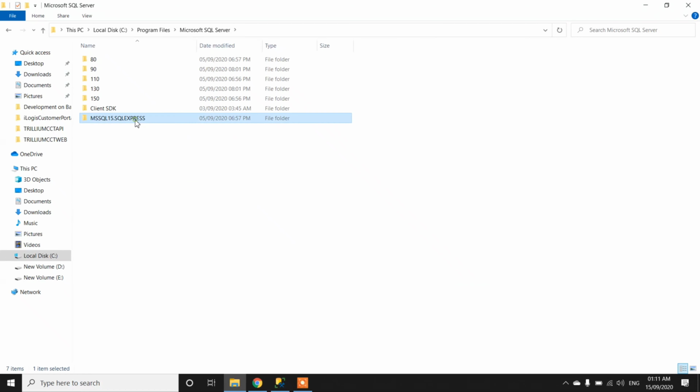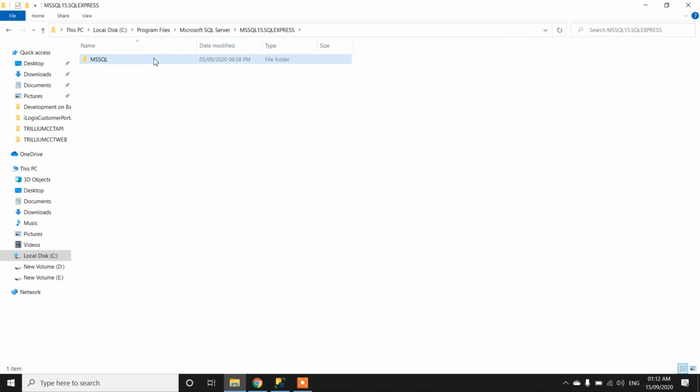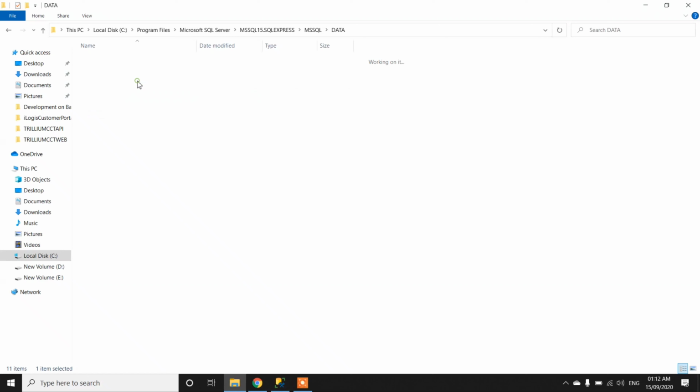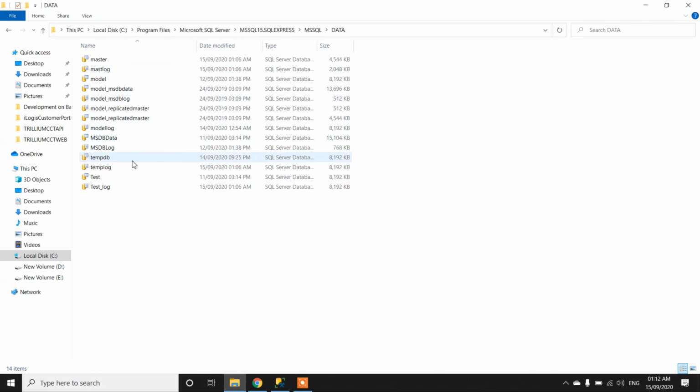Here you will get the 15.SQLExpress folder. Open that, and inside that open another folder. Now inside the data folder, you will get all the databases which have been created in your SQL Server Management Studio.